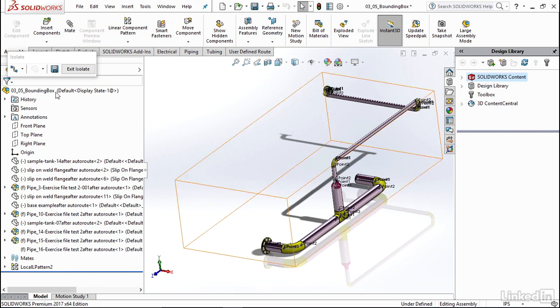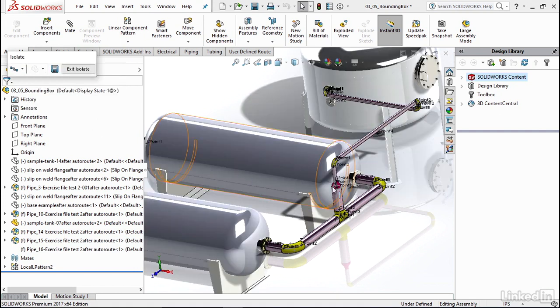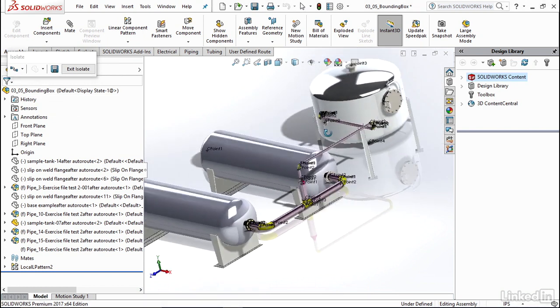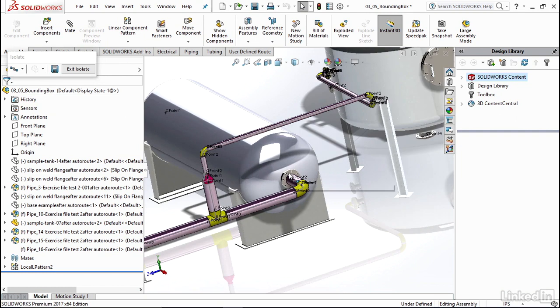Now, you can also go in and select the route bounding box item from the Isolate dropdown instead of route only. This will also include the items that your route is directly connected to. And this is a really great tool to be able to work just within specific sections of your overall assembly